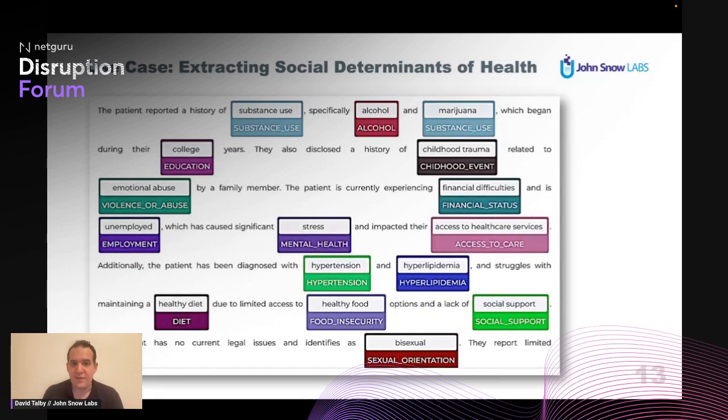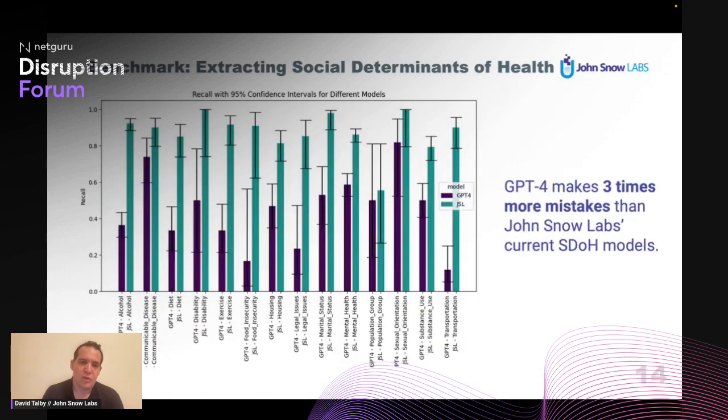One of the things we've done this year is benchmark them against large language models, and here is a very recent benchmark we've done in the last few weeks with GPT-4 over a fairly broad range of different types of social determinants. There's a lot of context in how we build the data set and how we define it; we have medical doctors who build the golden set. There are a lot of details to the benchmark. But the end result is that we found that GPT-4 makes, on average, 3 times more mistakes than the current state-of-the-art social determinant extraction models that we have. The combination of few-shot learning, deep learning,